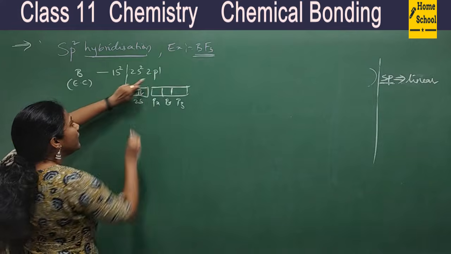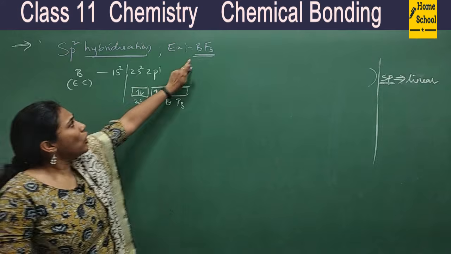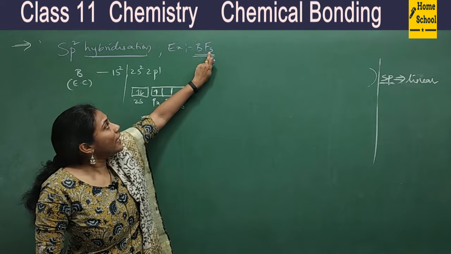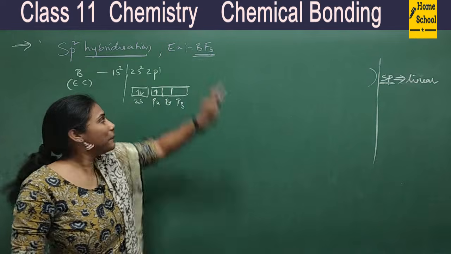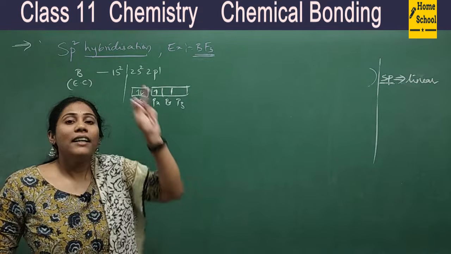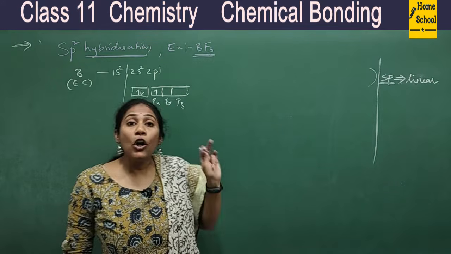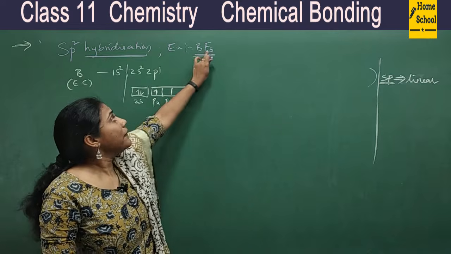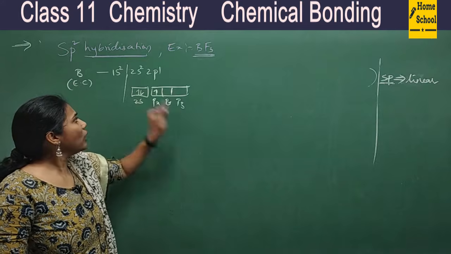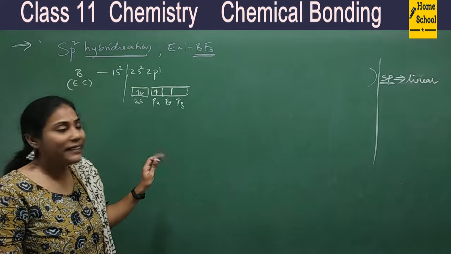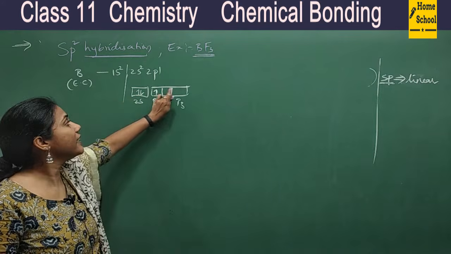So the p orbitals have one electron, no? That means px has 1 electron. So how many orbitals must this boron provide to overlap with 3 F orbitals? 3, right? Boron must provide 3 orbitals with single electrons having equal energy. Only then is overlapping with F orbitals possible, right? So does it provide 3 orbitals with a single electron? No, right? It has got only 1 orbital with a single electron. This is completely filled and these 2 are empty.